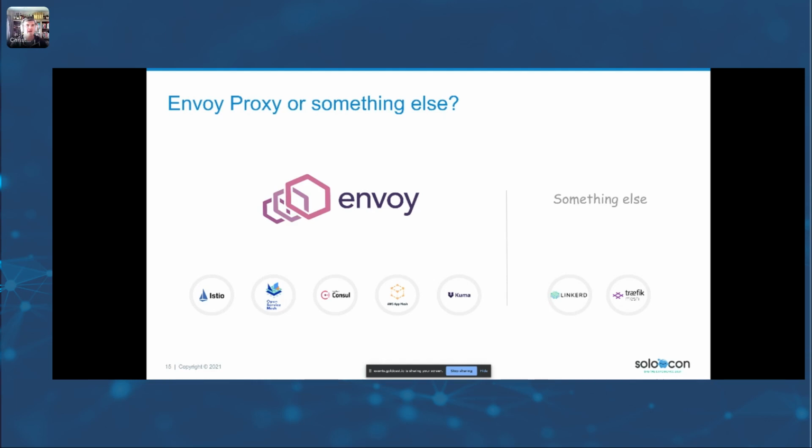How traffic gets routed, what protocols get supported, how to extend the data plane with things like WebAssembly. The innovation's happening in Envoy, and that innovation lends itself to the service mesh feature set as well. So if a service mesh is using something like Envoy, then it can take advantage of those things automatically.